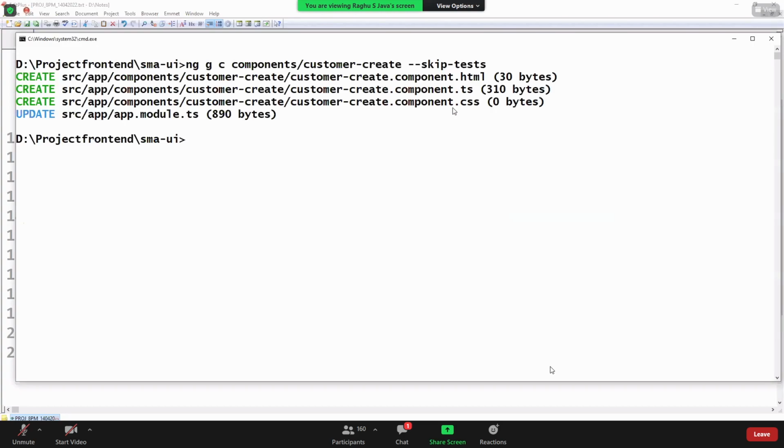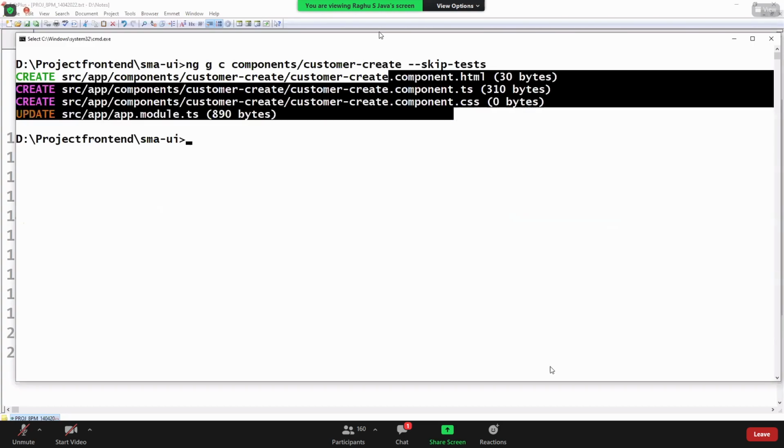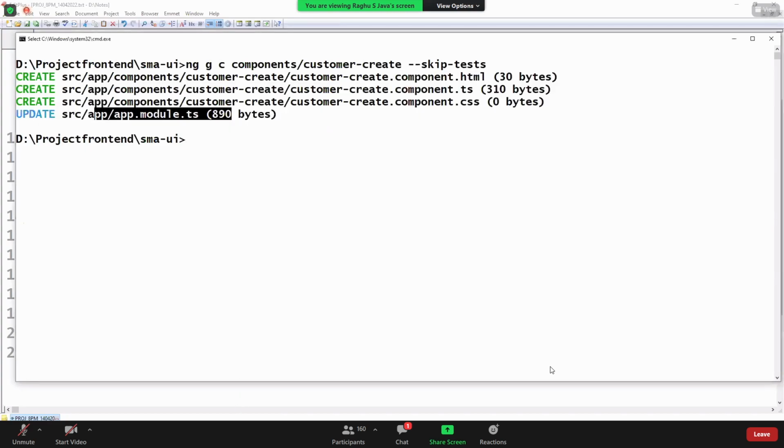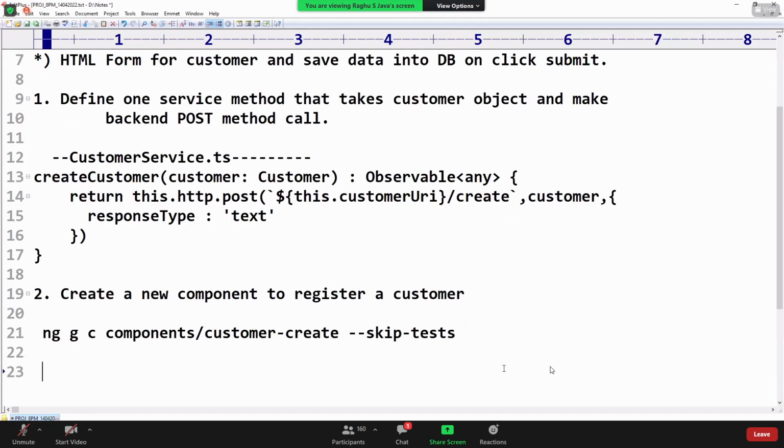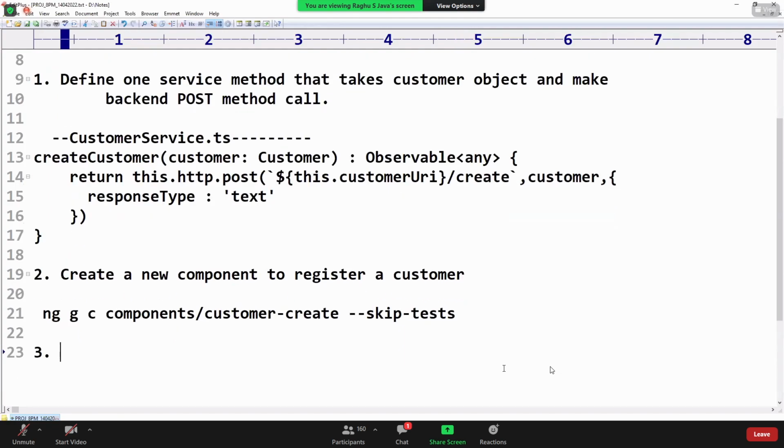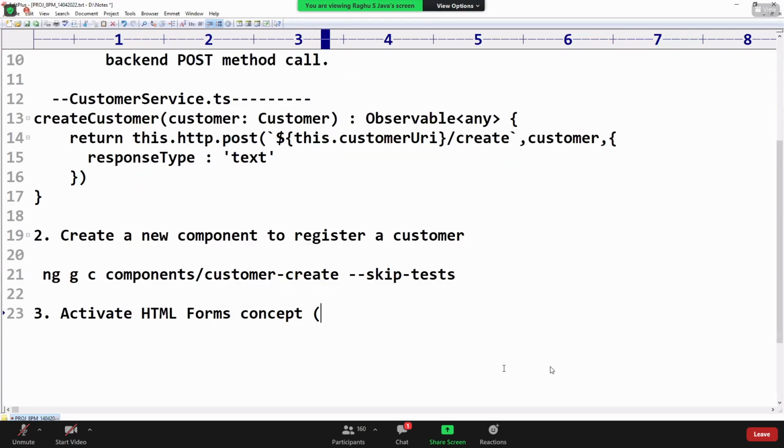So 3 files generated and 1 file updated. After generating here, we are working on the HTML form concept. So activate the HTML forms concept. It's a one-time effort, one time for all modules. If you're working with the HTML forms concept,